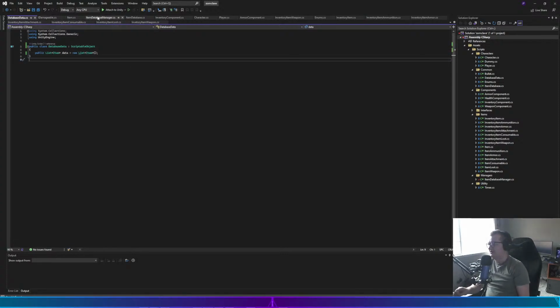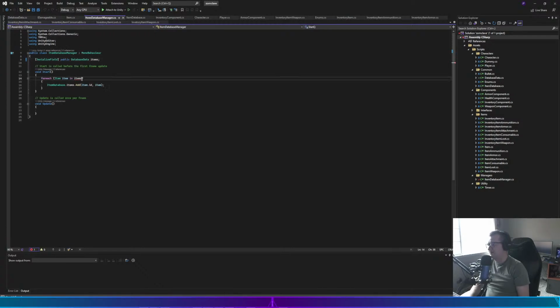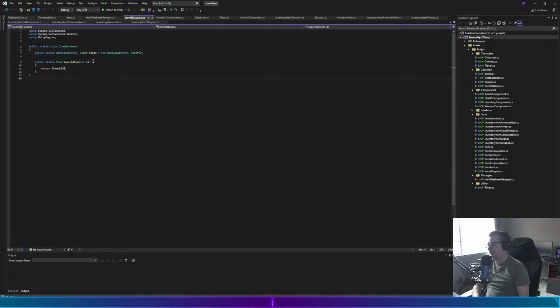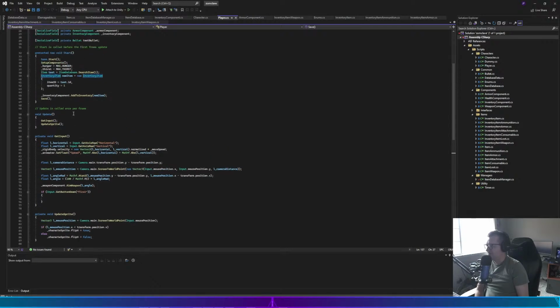Save that off. And then the manager is going to have that items data. And it's going to go through and populate everything into the item database dictionary. Because now in the player, when I'm loading, I just have item database.search item. And that gives me, I send it to the